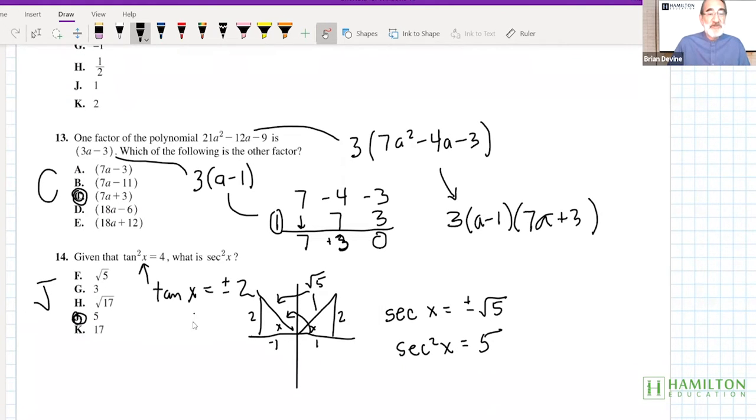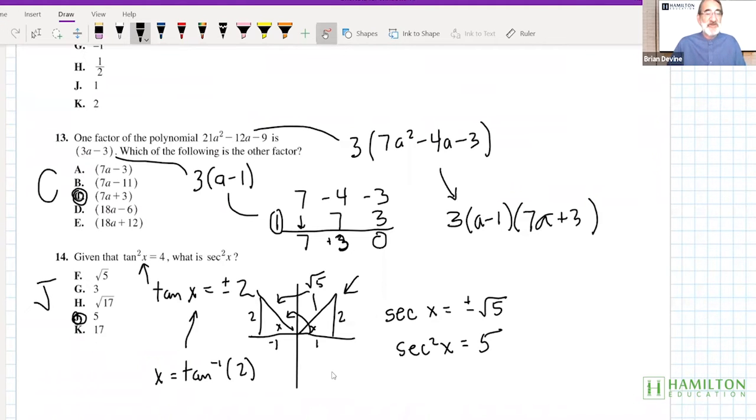Now, I could have used tan inverse here. X would have been tan inverse of plus or minus 2. I could have looked at either one of those. Found x, I would have just been looking at this triangle here in the first quadrant. I could have found x and then applied trigonometry to that, 1 over the cosine of that squared. Several ways I could have done this, but I always like the reference triangle because it's simple, it's quick, and